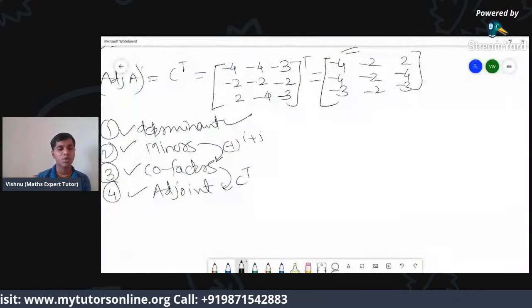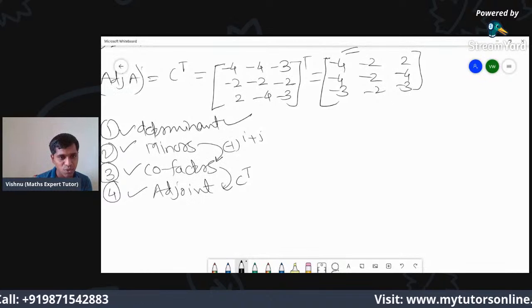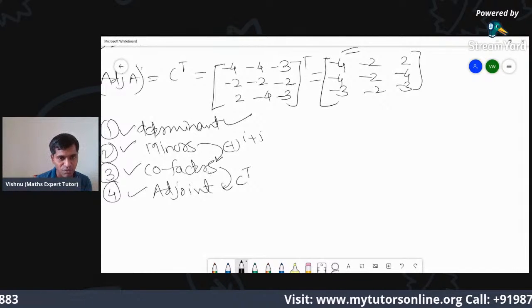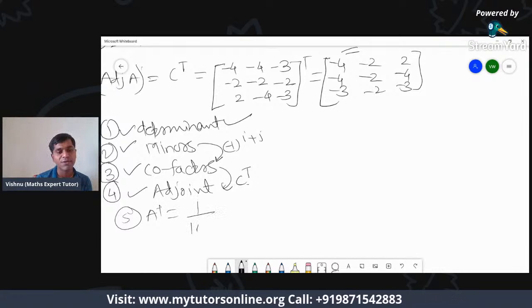Know the determinant, how to calculate it, minus 1 raised to i plus j. You multiply the minors, you get cofactors, you transpose the cofactors. Very good. That is where the formula for